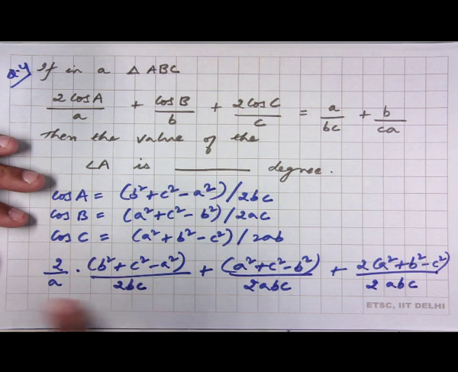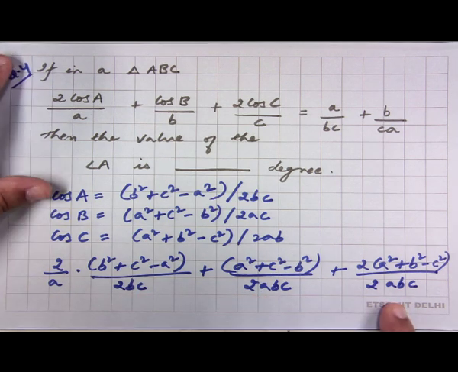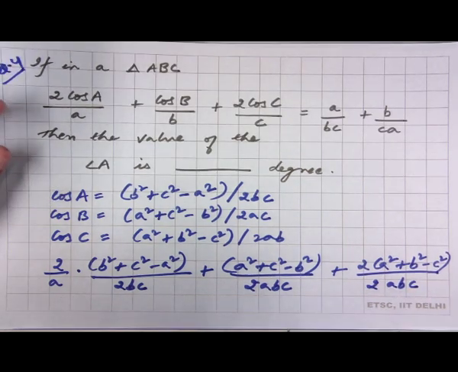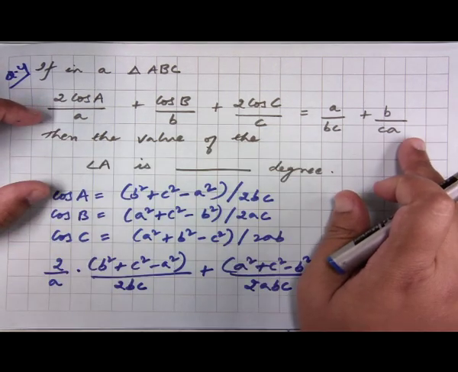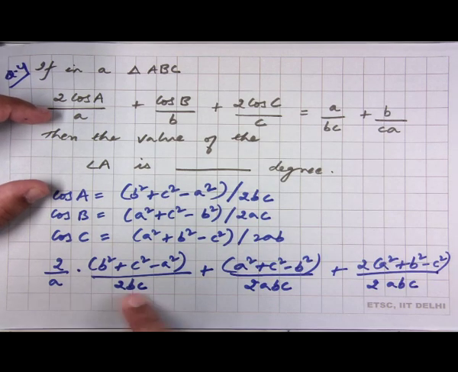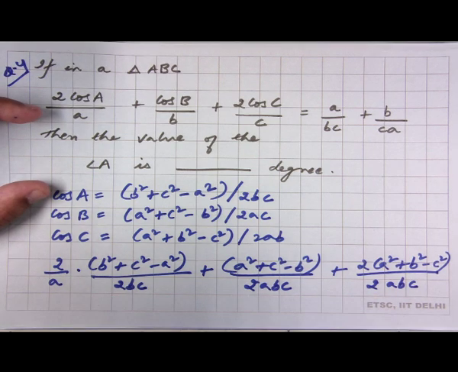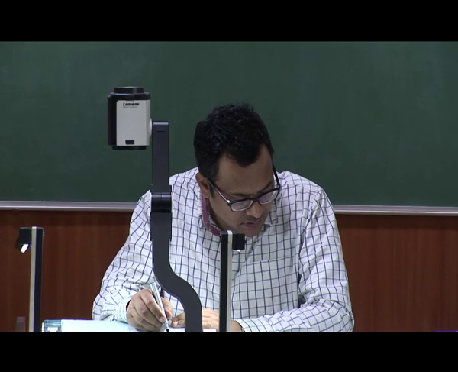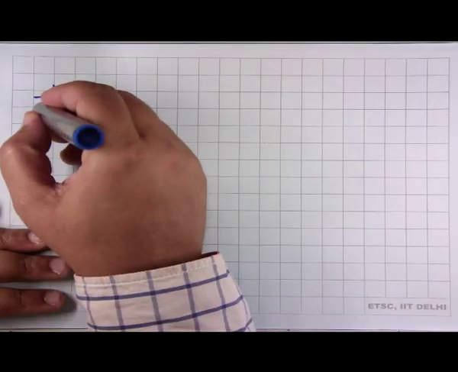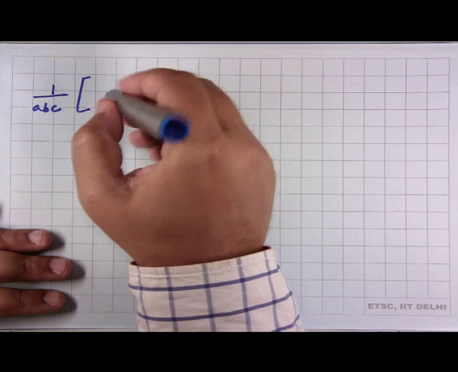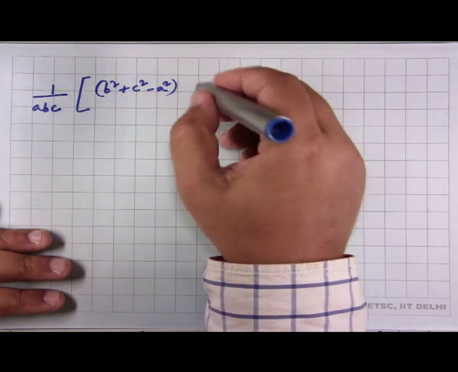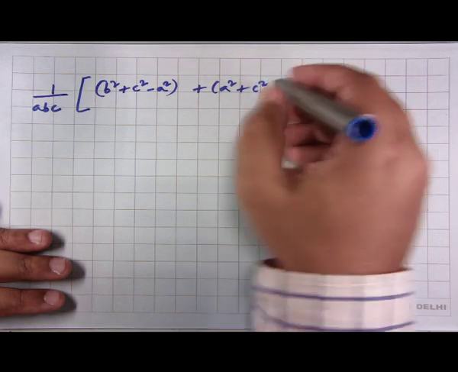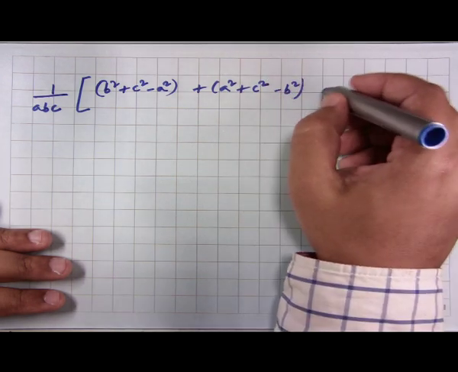We realize that we have A, B, C everywhere in the denominator, and therefore, by just adding all these 3 terms, what we have calculated now is the left hand side of this equality, and since A, B, C is common to the denominator of all these 3 terms, this can be simplified too. So, after simplification what we get is 1 by ABC into B square plus C square minus A square plus A square plus C square minus B square plus